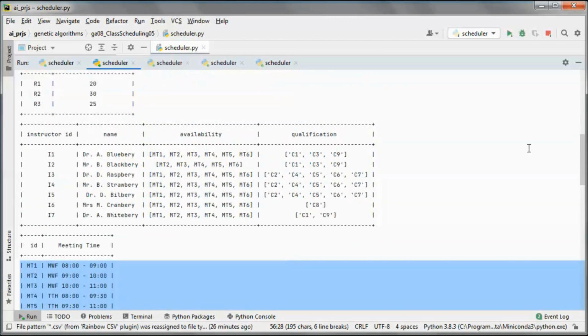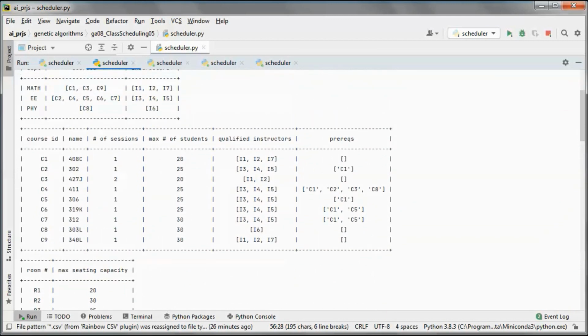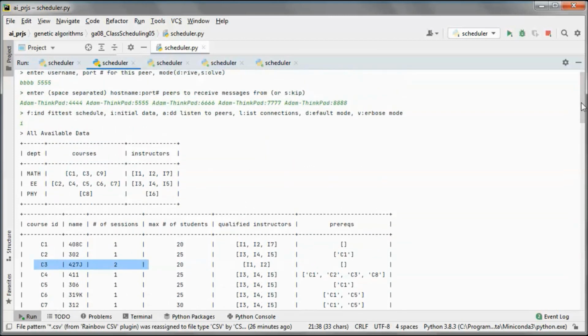And the instructors, we have 7 of them, and their availability and qualification, and the rooms, and what courses we have to schedule. And this one has 2 sessions. So we'll end up with 10 classes.